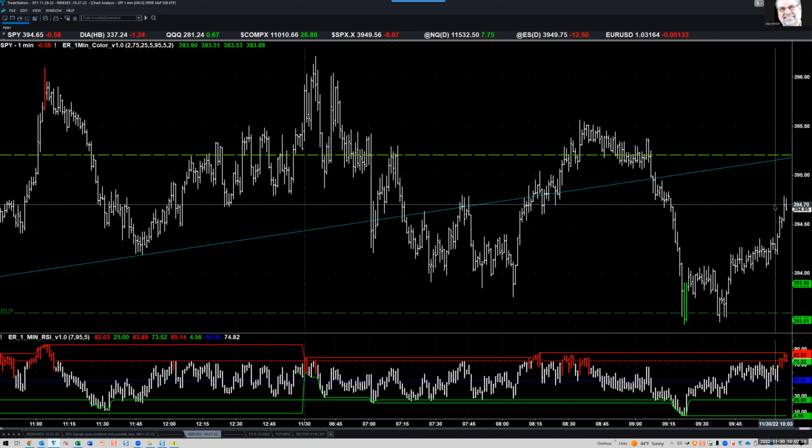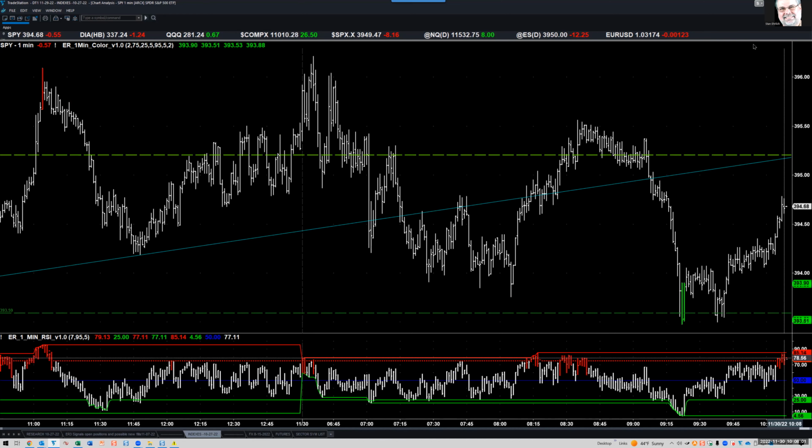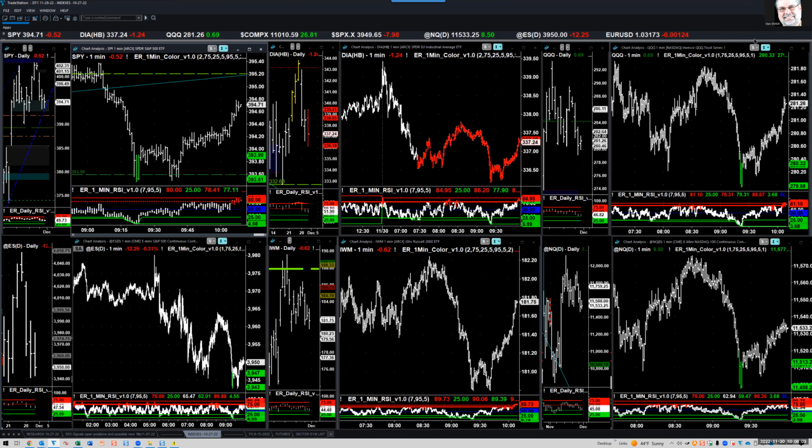And it's starting to rally back up again. It has rallied back up. But guess what? We're now on a 1 minute, very, very short-term basis, overbought. So I'm expecting it to pull back down some. Now, the bigger picture, I have to tell you, is very important here. Going back to the daily data chart,